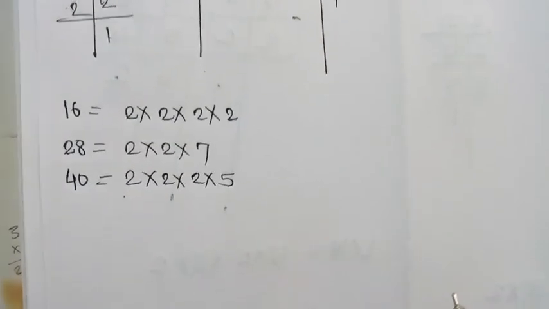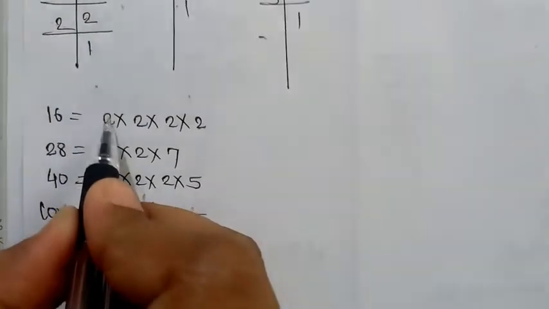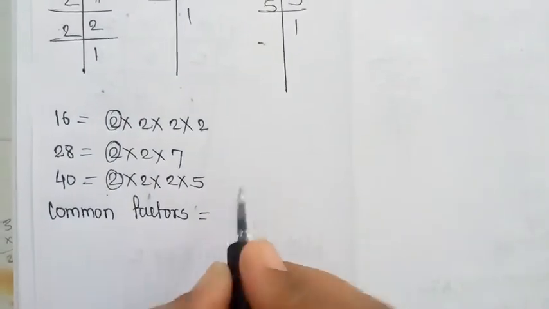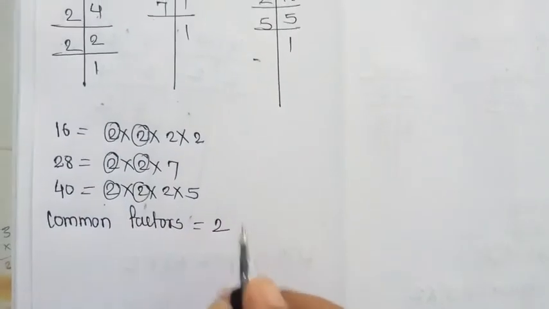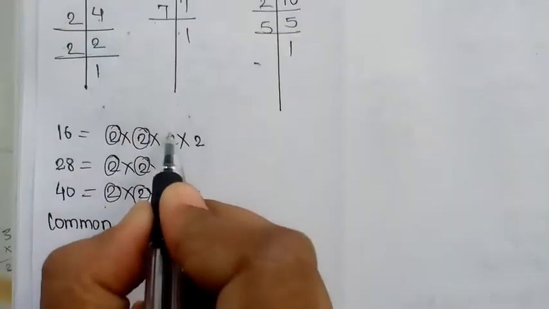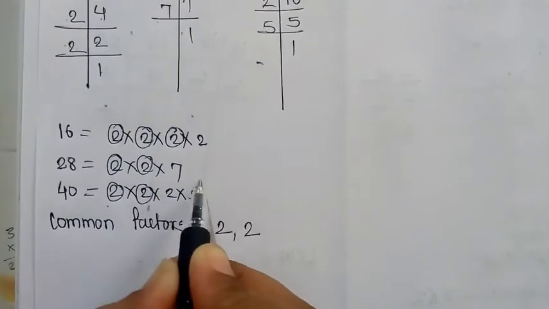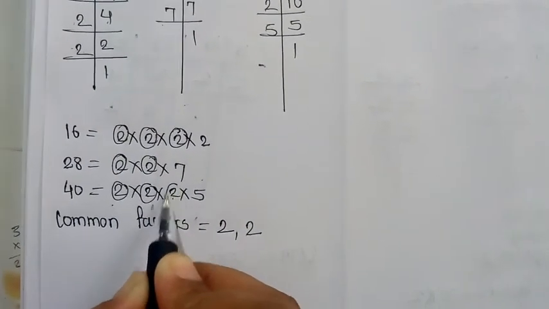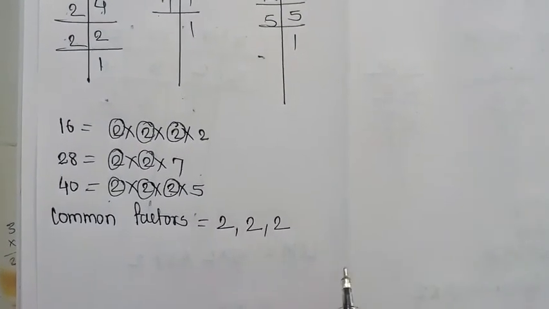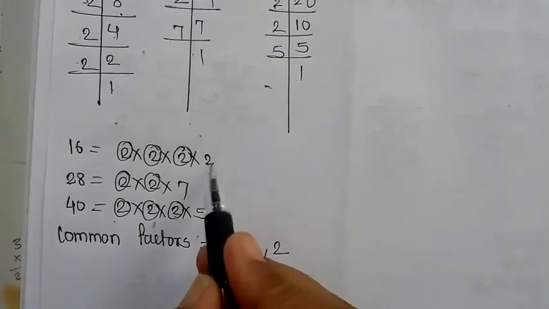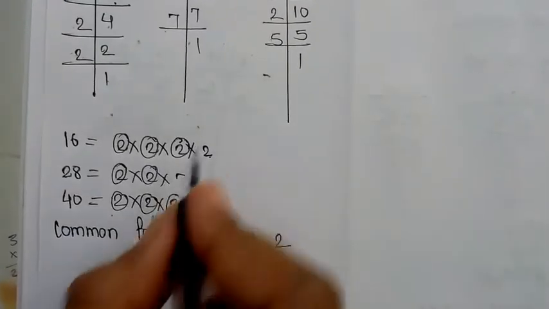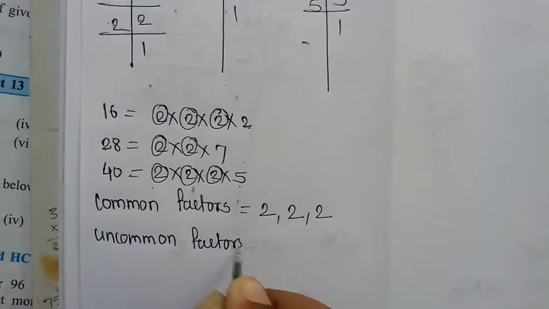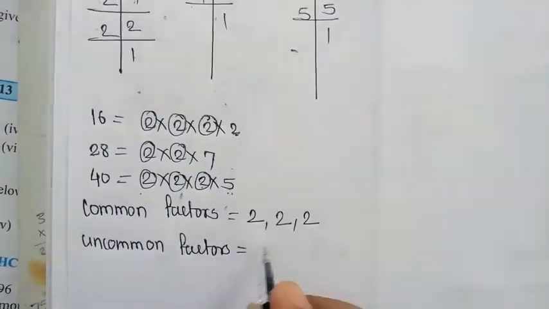Now we will find out common factors. So see here common factors 2, 2 and 2. So one time we will write that 2. Then again 2, 2 and 2. One more time we will write that 2. Now here 2 is there. Here 2 is not there, but downside again 2 is there. So that also one time only we will write. Remember that. Again 2. Now here 2, 7 and 5 are different. So those are uncommon factors. That we will write down: uncommon factors are 2, 7 and 5.